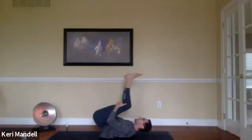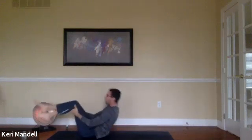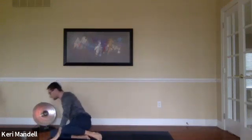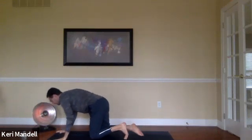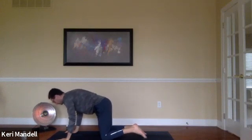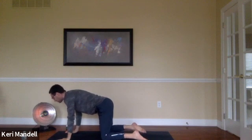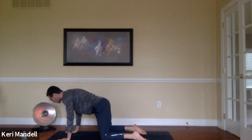Gain enough momentum here to meet me in a tabletop position. So come to all fours. Bring your hands and knees into the mat. Spread your knees hips width distance apart as you bring your shoulders over your wrists. As you spread your fingertips wide, think broaden through your shoulders and send the crown of your head forward,